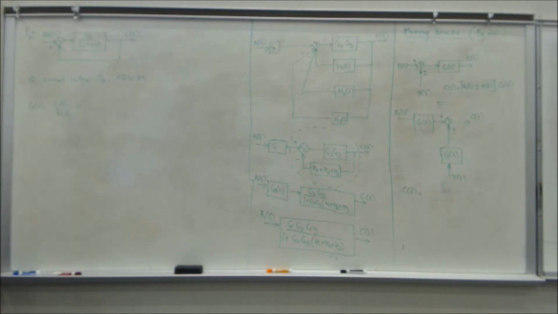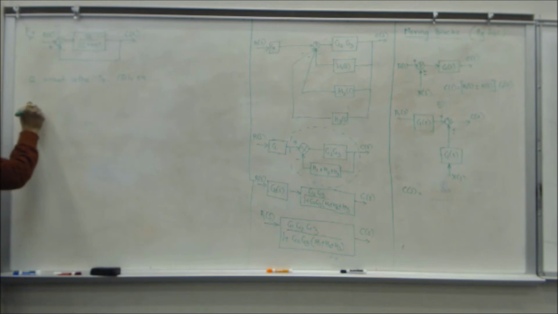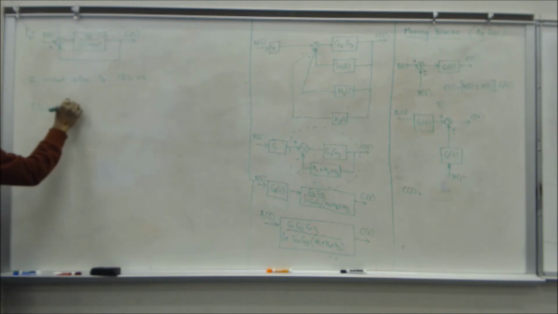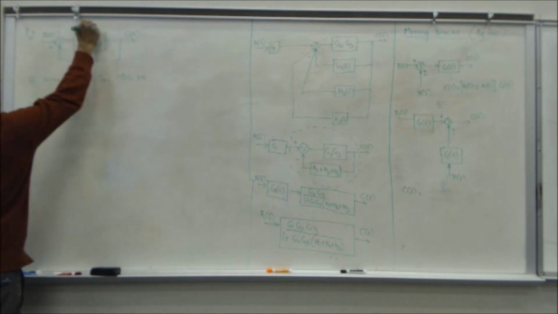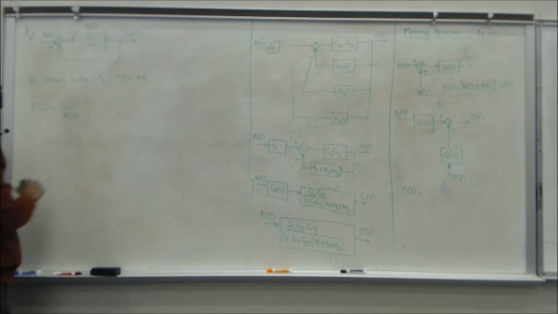That is just the plant. So here, the closed loop system is generally represented by T of S. We use the notation T of S to represent a closed loop system, okay? So G of S is just the plant. So T of S is,